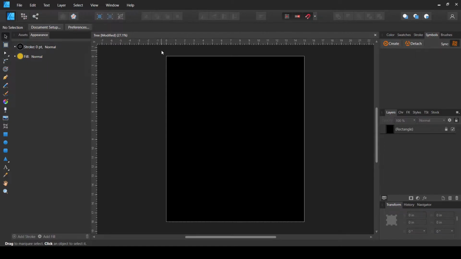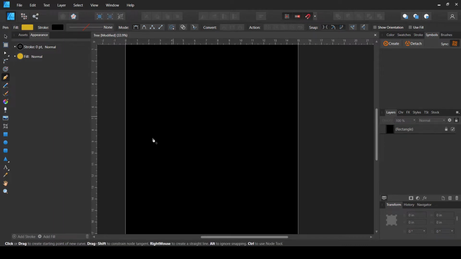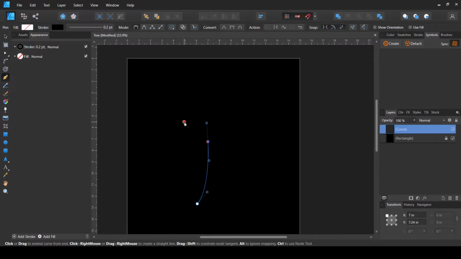Now here inside Affinity Designer, I have already created a document the size of Merch by Amazon t-shirt. The first thing that I'm going to do is to create a trunk. So I'm going to use the pen tool and I'm just going to create a random tree, just a generic looking tree design with a few branches.